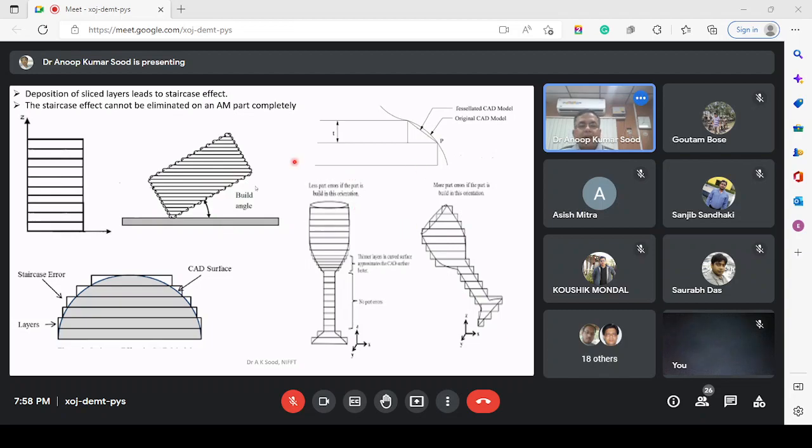Now, for simple geometries, I can eliminate this staircase error, like in the case of a cylinder, by selecting a proper orientation. But there are many geometries where this staircase error cannot be eliminated. In that case, we need to decide the proper